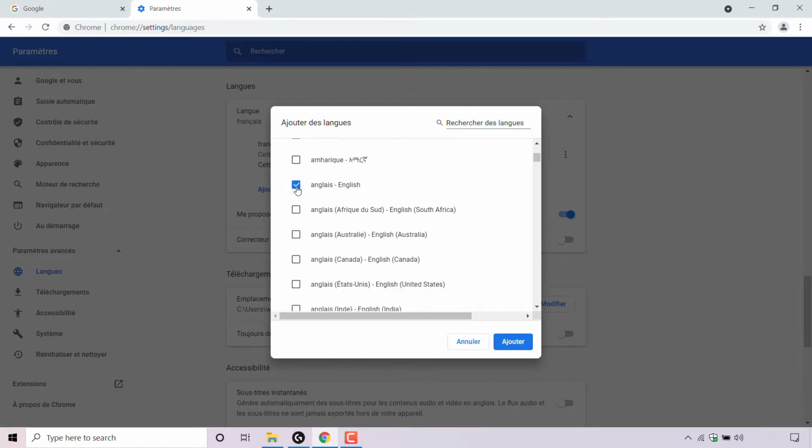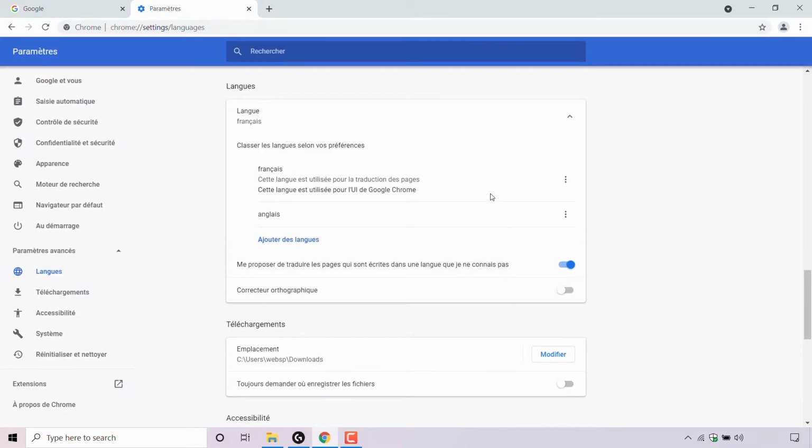I'm going to left click on this box here to check mark it and then look to the bottom right. As you can see, guys, you have two options here. You have an option in blue to the right hand side, and to the left hand side, you have an option in white. The option that we want, guys, is the option to the right hand side here in blue. Simply left click on it. Once you've done that, guys, you can now see you have two languages in the languages section here.